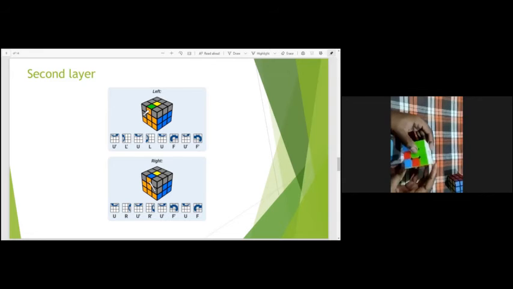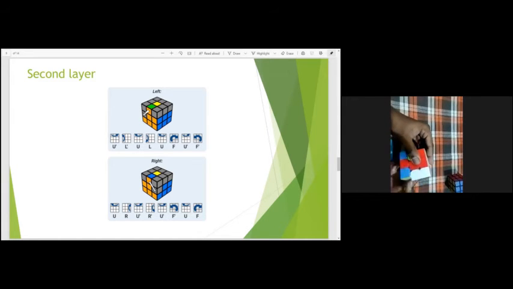Likewise, we have to fix the next one, which is blue and orange. It's already here, so leave it. Then red and blue. Search for red and blue. Yeah, it's over here. First, match it with red. Yeah, it forms the V, but this time it has to go to its right hand side. To move it towards its right, we have to move first left and bring this layer down.